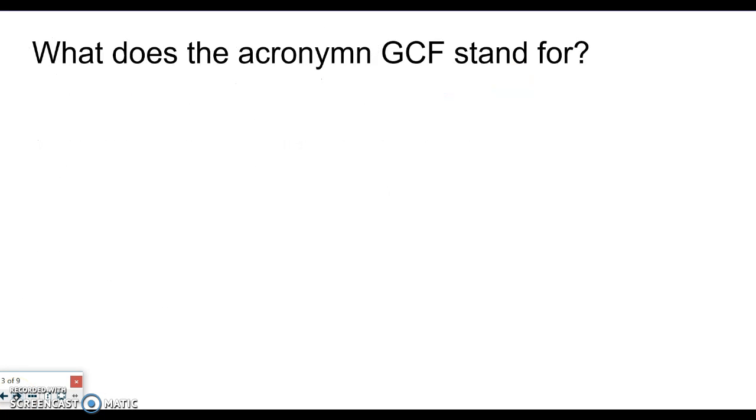All right, so what does the acronym GCF stand for? Those 3 letters equal 3 words, and those 3 words are what make up what it is that we're going to do. Those three words all actually mean something quite important in what we're going to do. You probably have heard this acronym before, and it stands for greatest